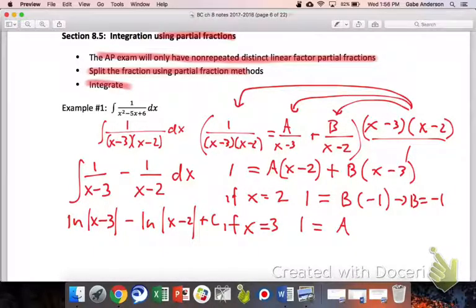Do you guys remember if you are subtracting logs, you can condense them by using division? Yeah, so you might see an answer that looks like that: ln of the absolute value of x minus 3 over x minus 2. That is not an uncommon thing to see. Okay, so I wanted to get that in because I wanted to make sure that you weren't